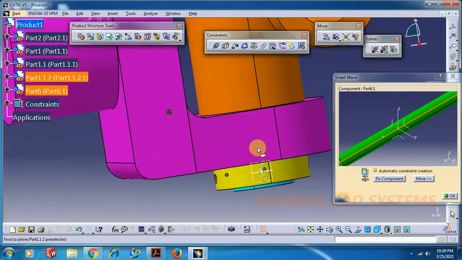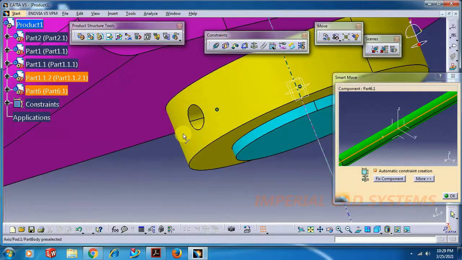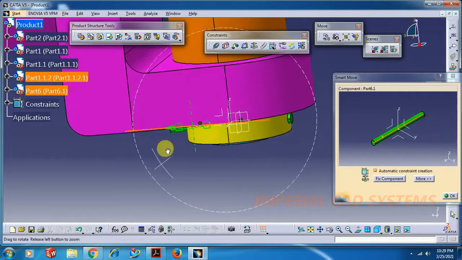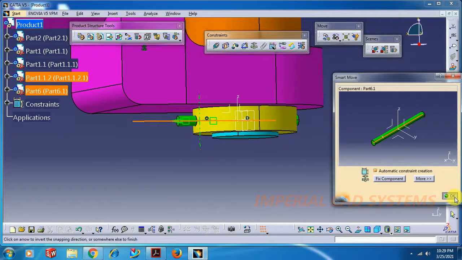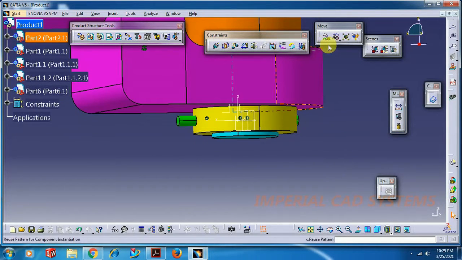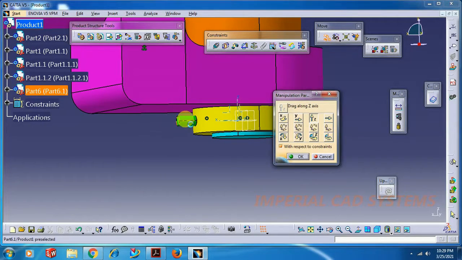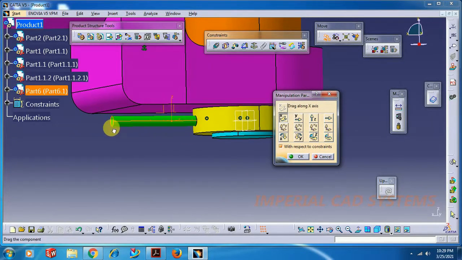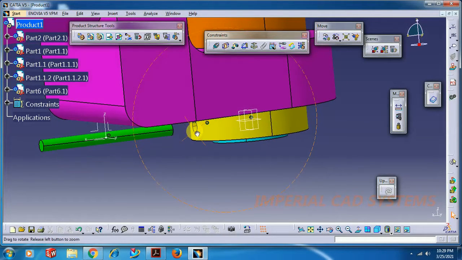Here itself we can select this cylindrical surface and this surface. Then go for OK. Move this part, manipulation, X translation. Like this. Then go for OK.